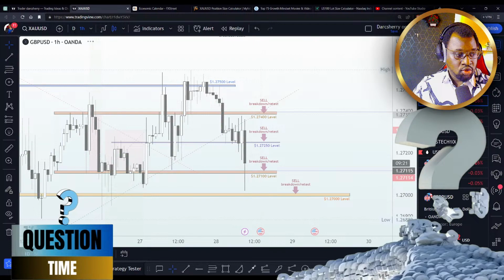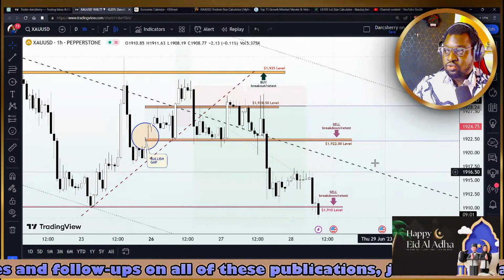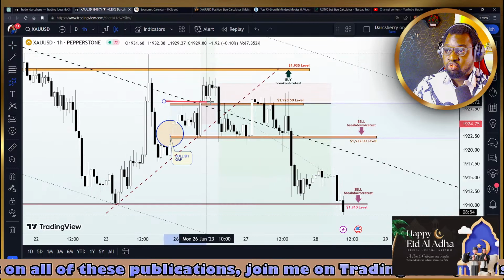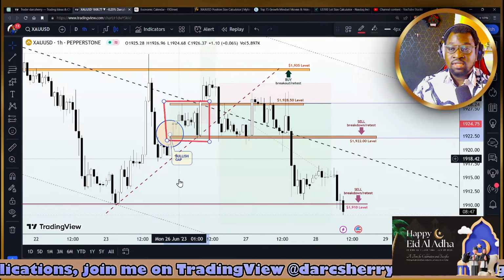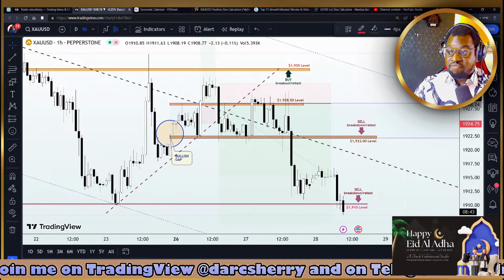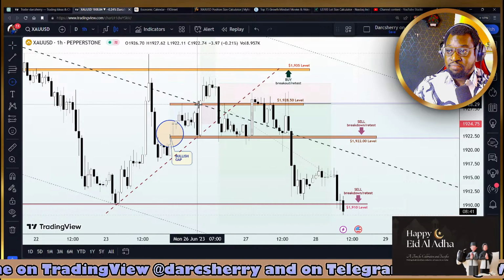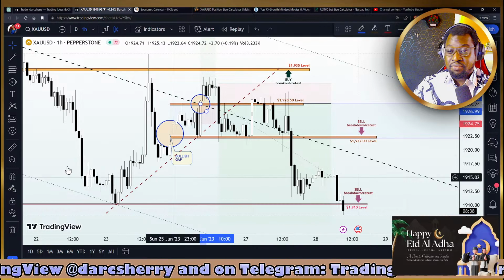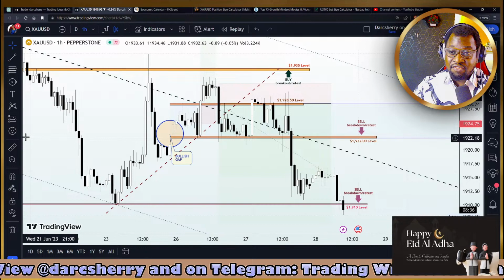Remember, we had a flat channel, which was what we were initially using at the beginning of the week to guide our trading activities. Remember, we had this range between the $1,928.50 level and the $1,922 area. Then we had the privilege of buying at the beginning of the week when price action broke out of that resistance line. Price in fact moved about 40 pips thereabout. We moved our stop loss to break even. Then we were taken out at break even at that point,